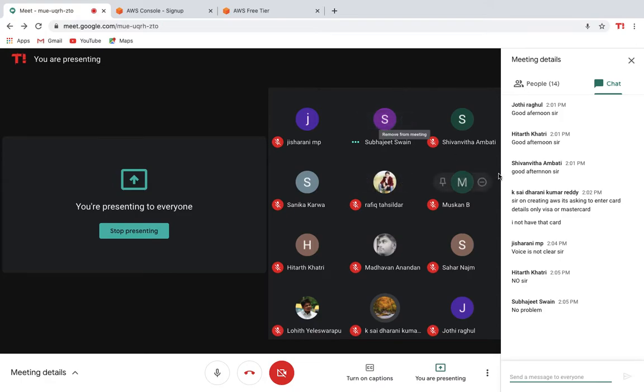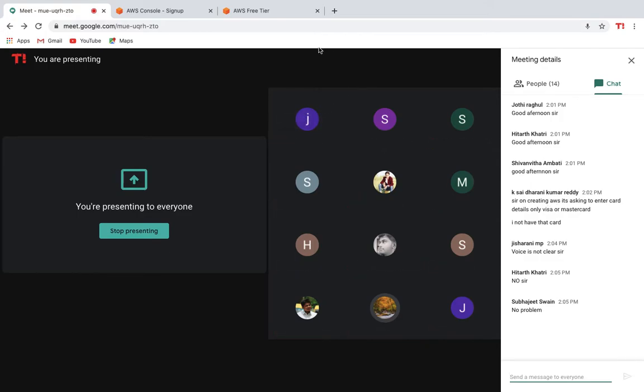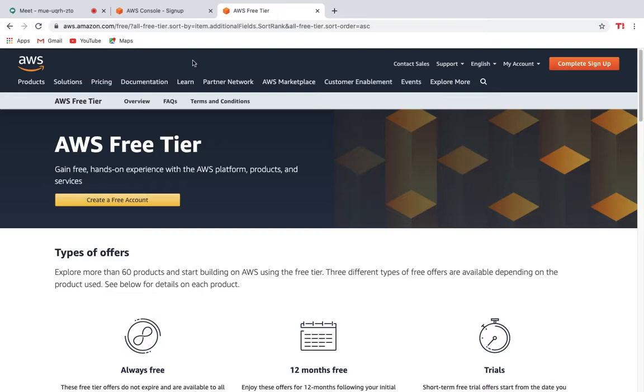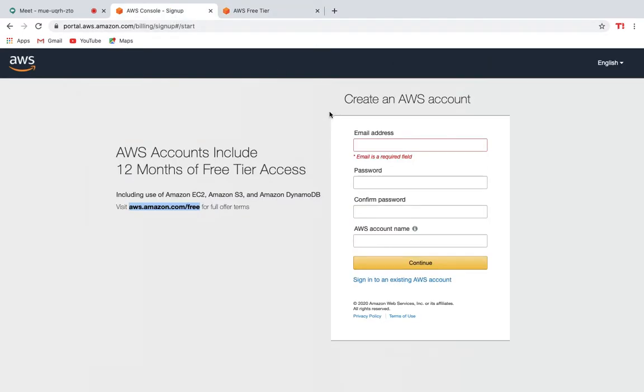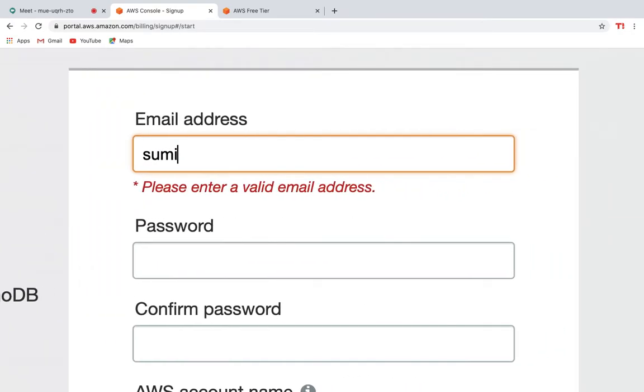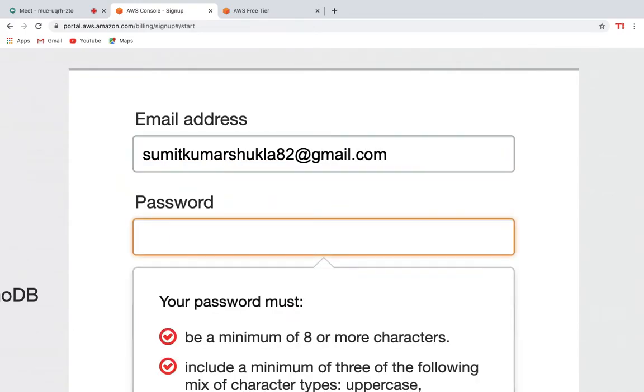Okay. So KSI, your name is pretty big. Kumar Reddy, your card is not there. Fine. So you actually need a card there. So go and create an account. While signing up, you give an email ID. Let's give one email ID.